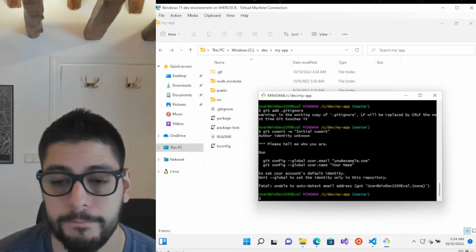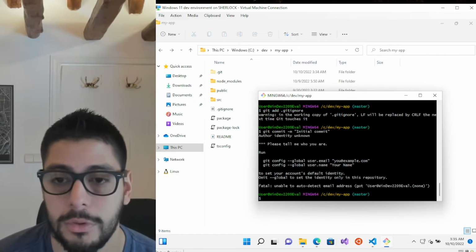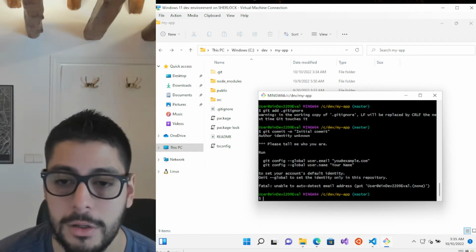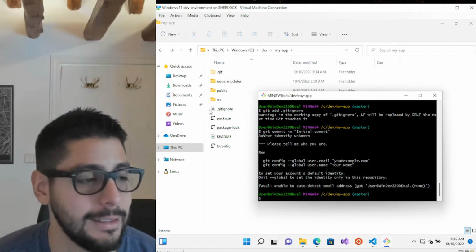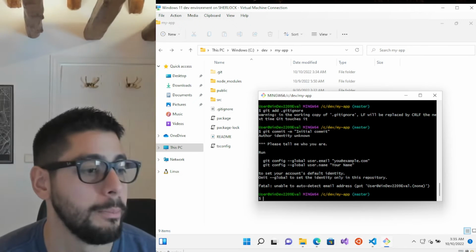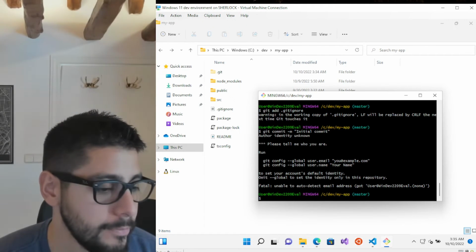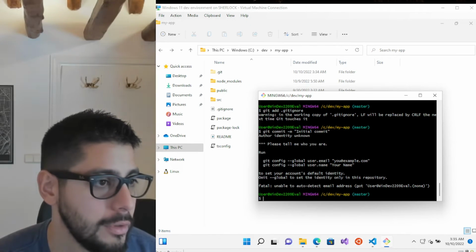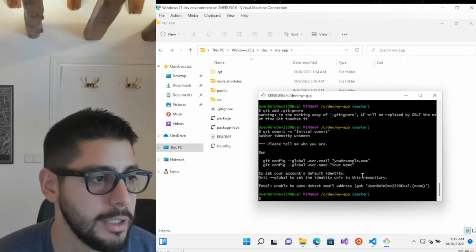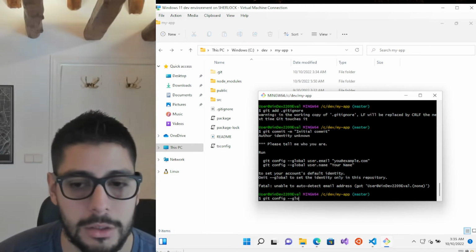So now we were able to do nothing because we haven't configured our Git identity, and that's going to be really important because otherwise, if we don't do that, we're going to have to add the password every time we make a change. So the first thing we'll need to do is add our Git username by doing git config --global